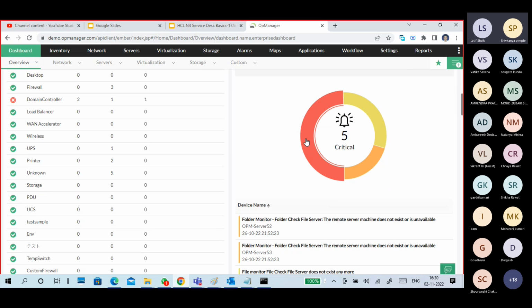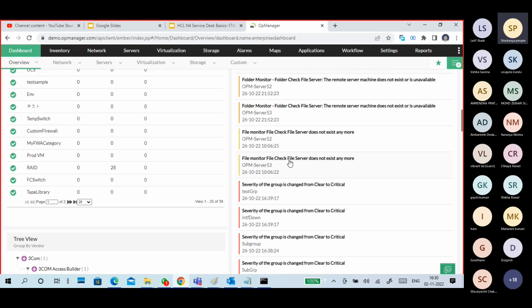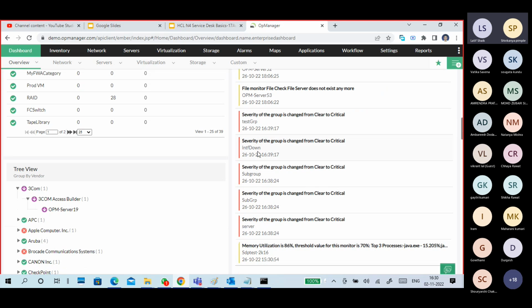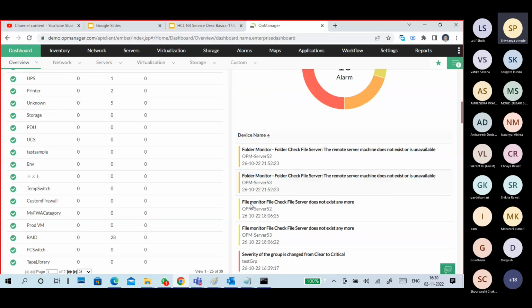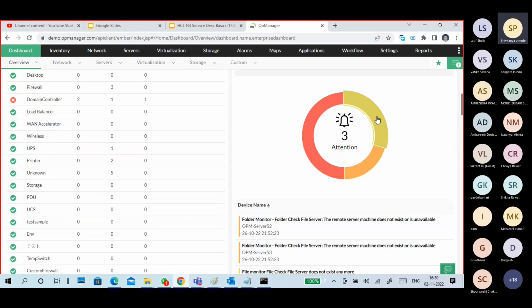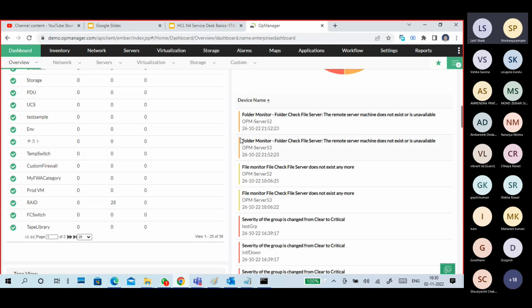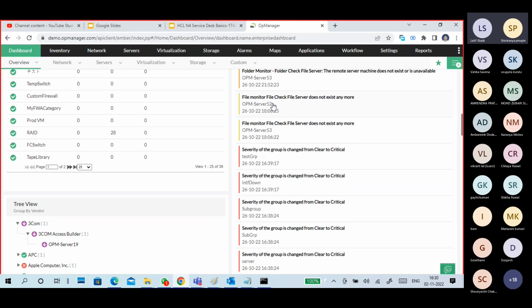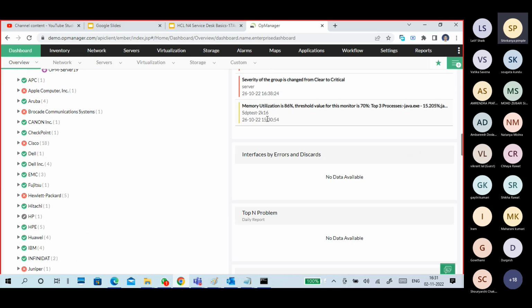See the color: this is the critical color, critical alarm, critical alarm. This one, attention is required, you have to go and do some checking. Two are in trouble. File monitor, file check, the file server does not exist anymore. So you need attention for that one. This is also